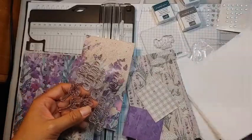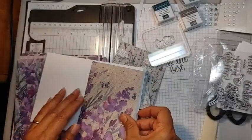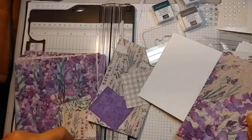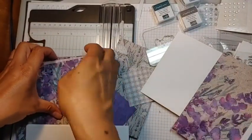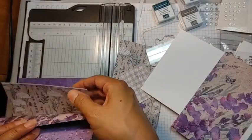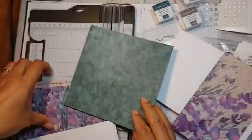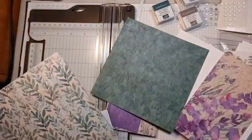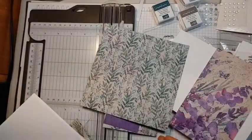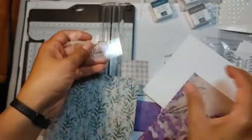I'm just trying to figure out what I want to do. I like this. Okay, so let's do some butterflies, and then let's make maybe a more masculine one, which I know in here there's that gingham, but there was also some green, which is kind of boring. Oh, I like this one. This one's nice. That could be a manly card, right? So let's make a couple of them. So, hello friend